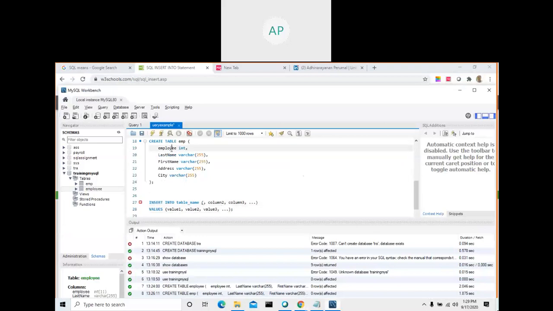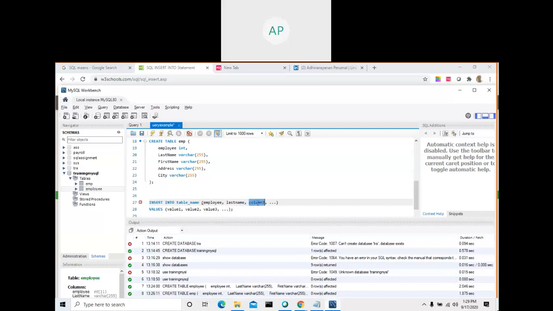So what are the columns that we have in the table EMP? What is the first column? EMPLOYEE, this one. So type EMPLOYEE. Don't bother about all these things, I will explain in detail in the next video. You need not even do this practical now. Go to the next video and there the practical starts.